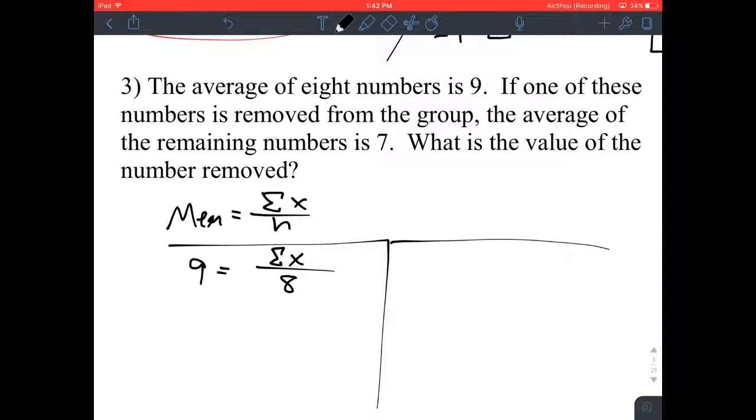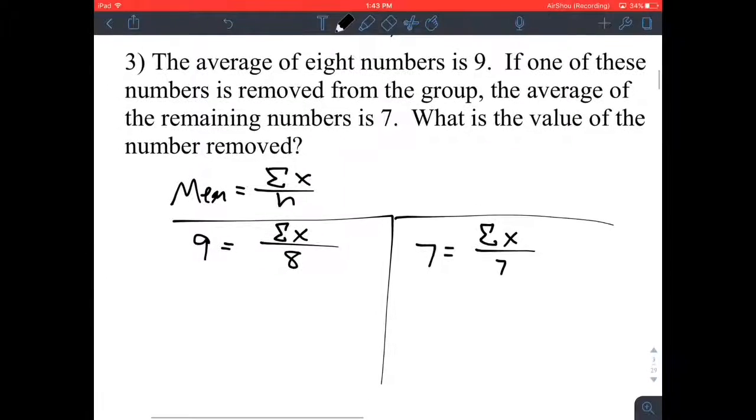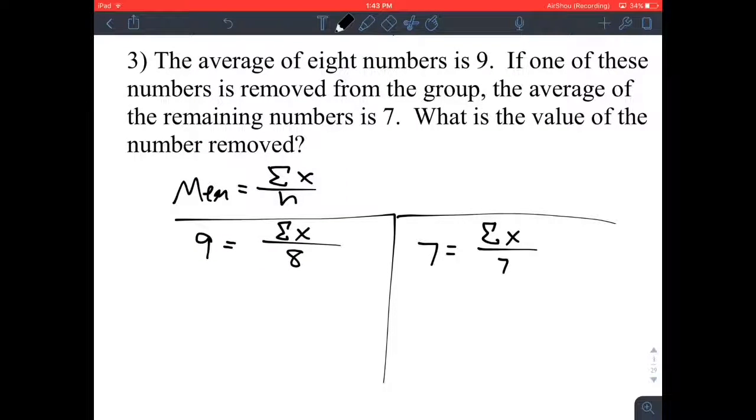So if we take a number out so that we only have 7 numbers, the average is 7, and we still don't know what that sum is. So what we can do